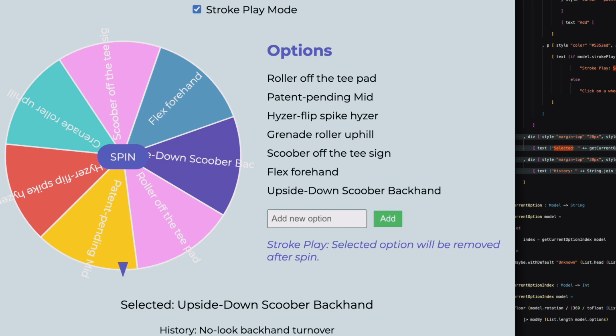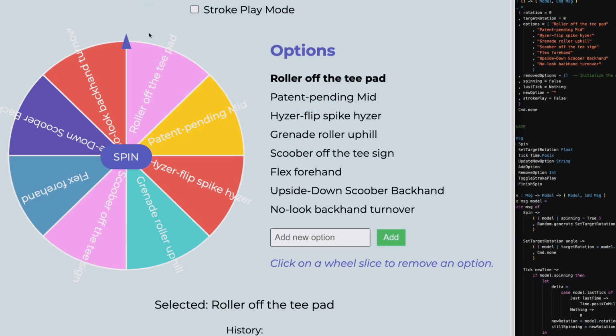I was like, okay, this is a nice baseline. I like how it looks, like how it feels. It's a little reminiscent of like 2008 HTML, but everything else is cool. And then of course my next step was to figure out, okay, I need to fix this arrow and make sure it's pointing in the right direction. So now every time you look at the top of the wheel, it will correlate with the actual selected option. And to make it more clear as to what shot is actually being selected, we have the selected shot in bold, so it is additionally more clear.